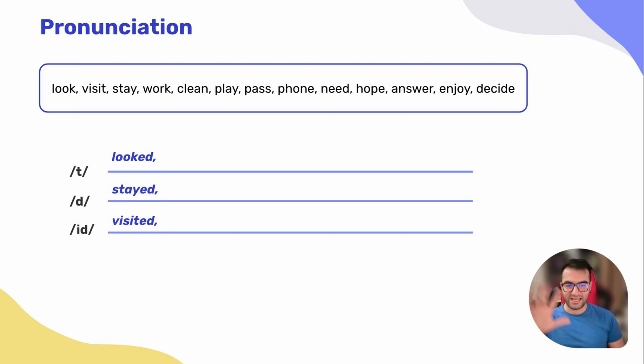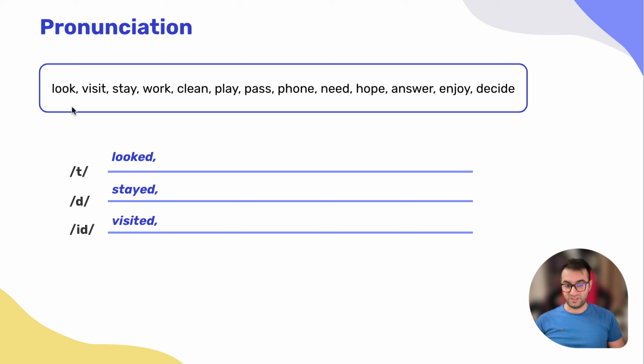So I'm not trying to explain all the rules, but I'm just trying to give you some idea how it happens. But if the verb ends with the d or t sound, then it is ed or id, not it, but id. So let's pronounce all the words here together.